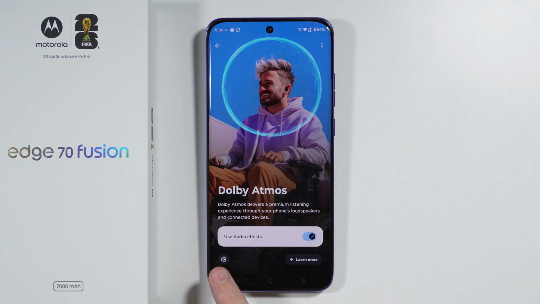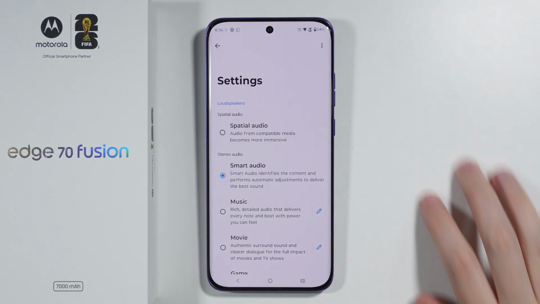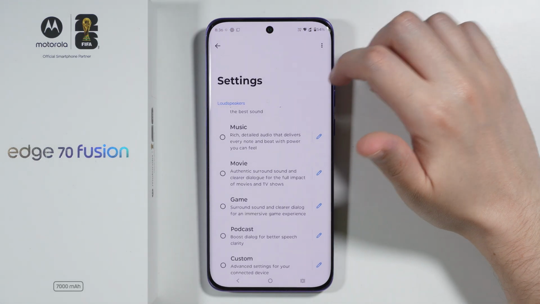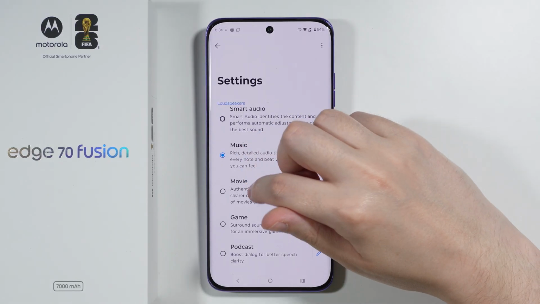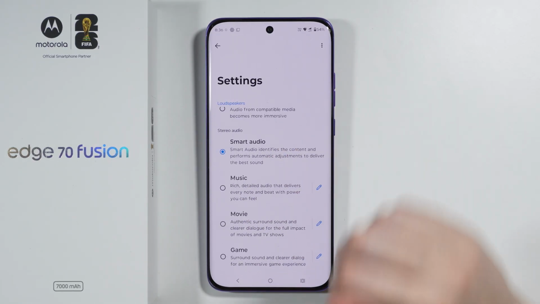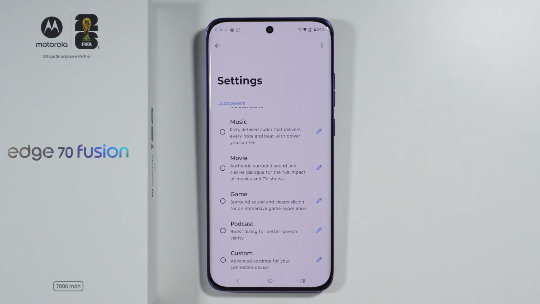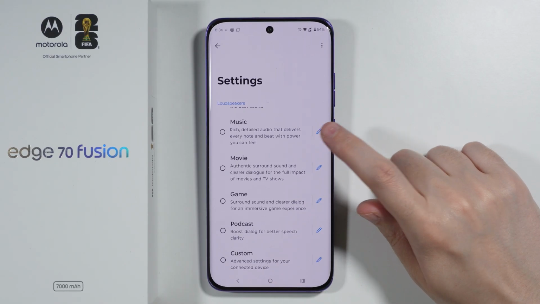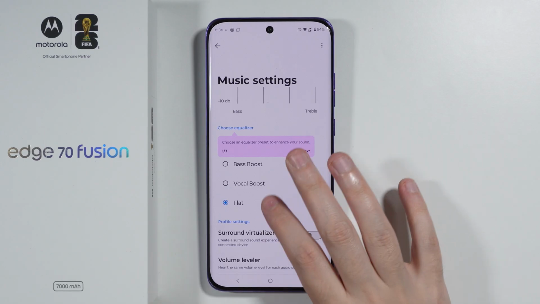Now we can tap on this setting icon in the bottom left corner, and then here we have settings. Now we can use one of these presets that we have available in here, although I think the best option is the smart audio, which allows the phone or the app to identify the content, and then it chooses the best profile for you. But besides that, we can also tap on the pen right next to every profile that